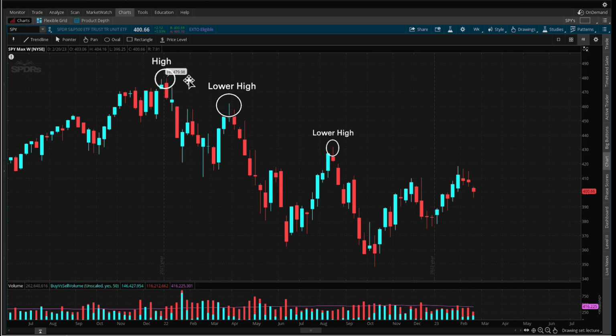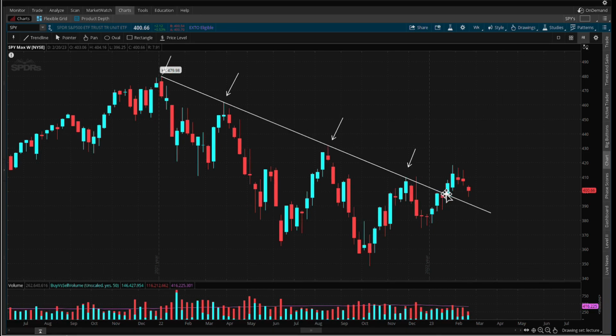I'm going to show you how to just chart it down and what I mean by this. So I would grab the trend and start it from right there and connect all of them like that. So that's how you draw your trend, and you can see that it connects well. So you got that lower high, and all 4 lower highs are hitting the trend real nice until we finally